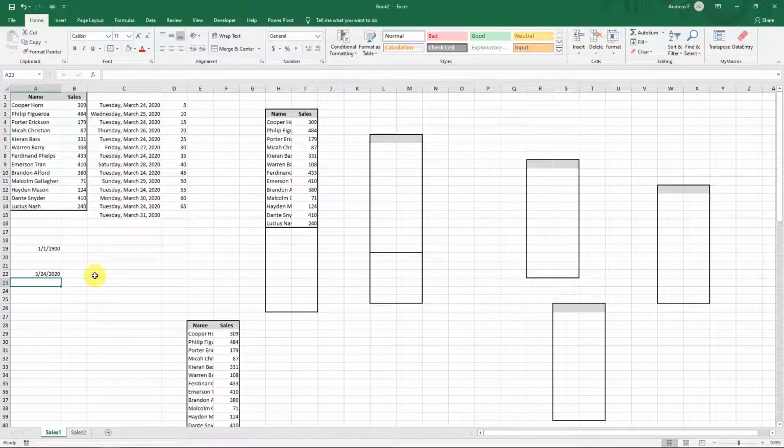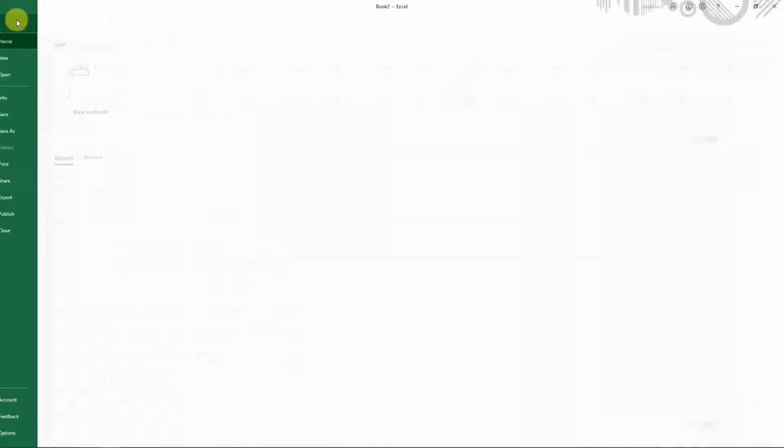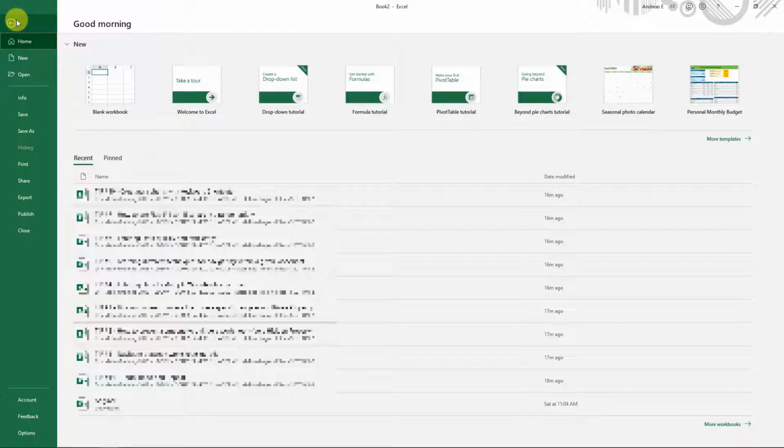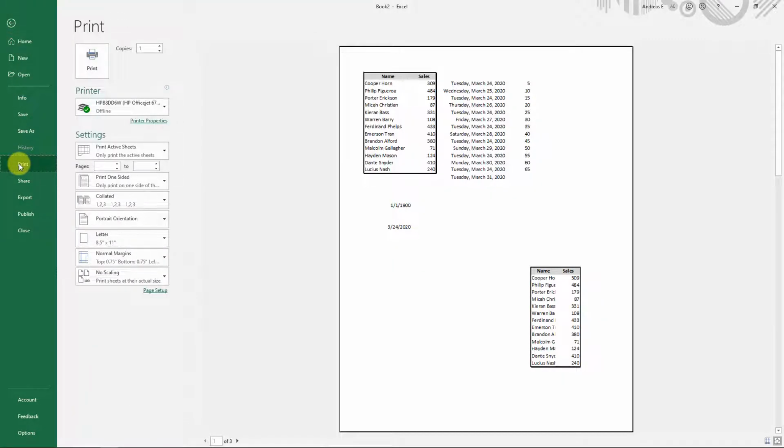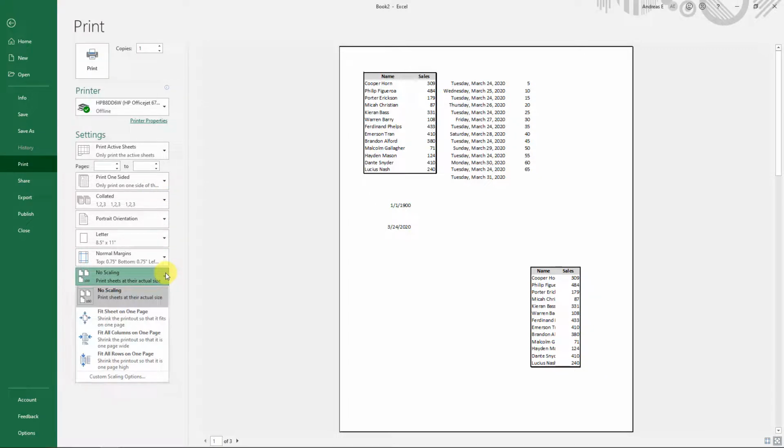To print this data, I can click on the File tab and Print button. From here you can see the preview of how it will look when it is printed. Sometimes you will see our contents split over multiple pages. This can be fixed by selecting Fit Sheet on One Page.